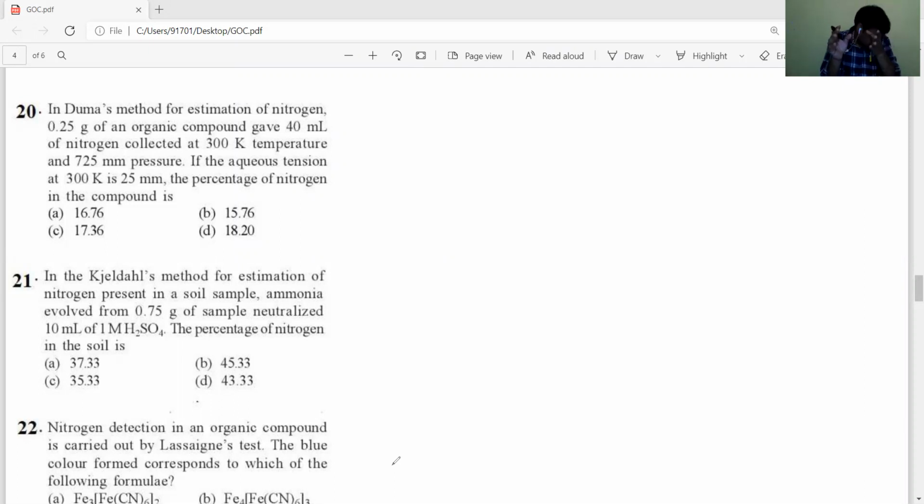Among those, previously the questions mainly asked were the percentage of nitrogen in the Dumas method and the Kjeldahl method. The estimation of the percentage of nitrogen in the given organic compound by the Dumas method and the Kjeldahl method is the most frequently repeated question. So let's see that 20th question. In the Dumas method,